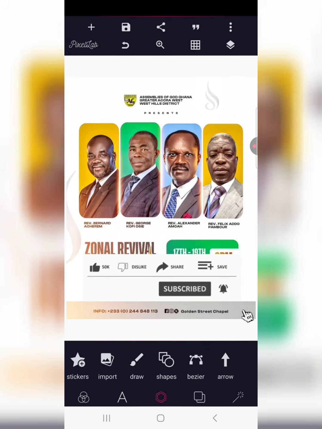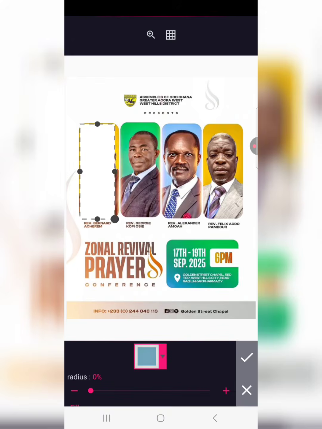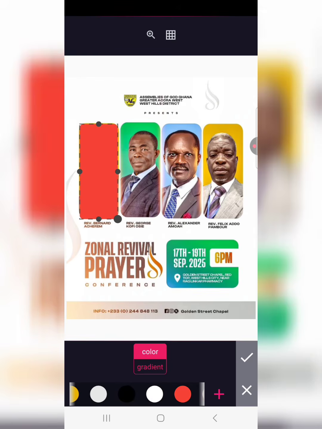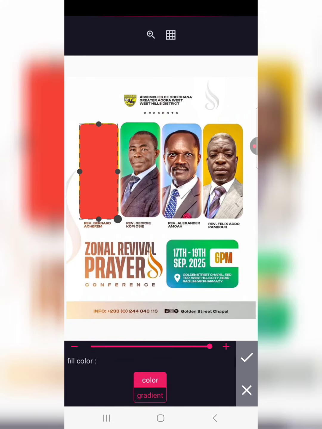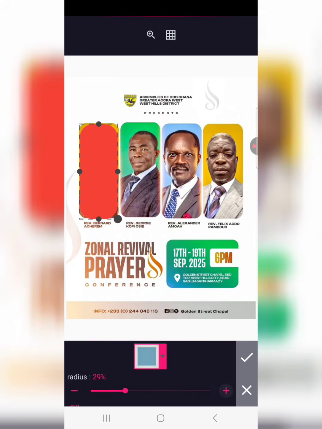All right, so I'm going to begin by creating these shapes. So I'm going to select a simple square shape here. I change it to a rectangle, then I make the edges curved, and let's change the color into something that you can be seeing. Okay, let's say red, so that you can see well. All right, now if you notice, the edges of the original shapes are rounded. So we're going to round the edges or the radius of this one as well,